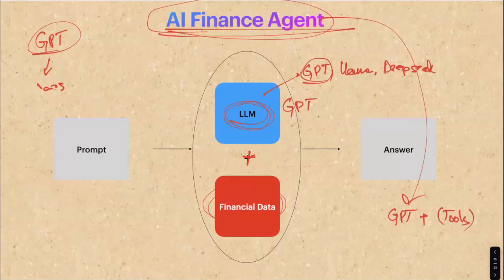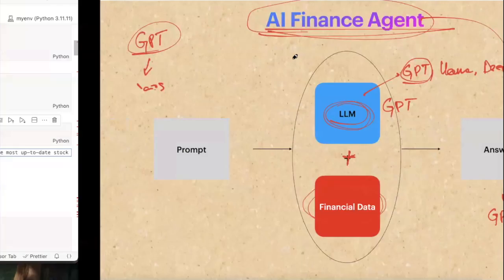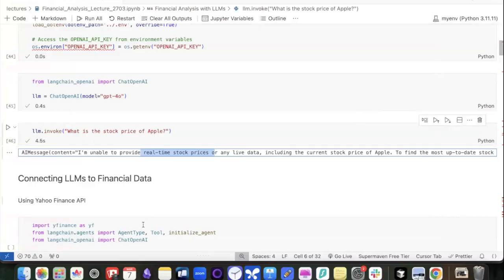So a GPT model, when it is attached to some tools, you can call it an agent. The tools could be anything, right? The tool to access the internet, the tool to access a calculator, the tool to access anything. So first, our task will be, we will be at a good place if we can get the latest answers from the GPT model by creating a very simple finance agent. So that is what I'll try to do.